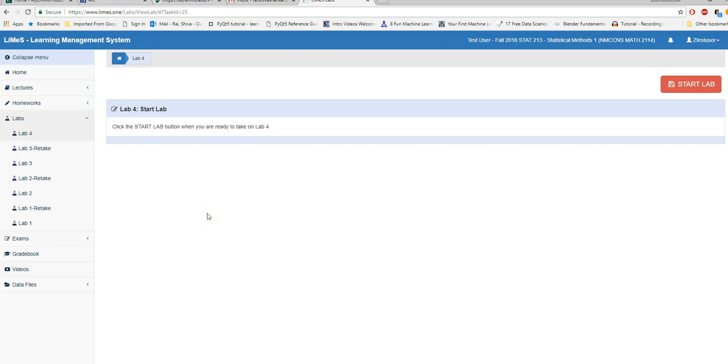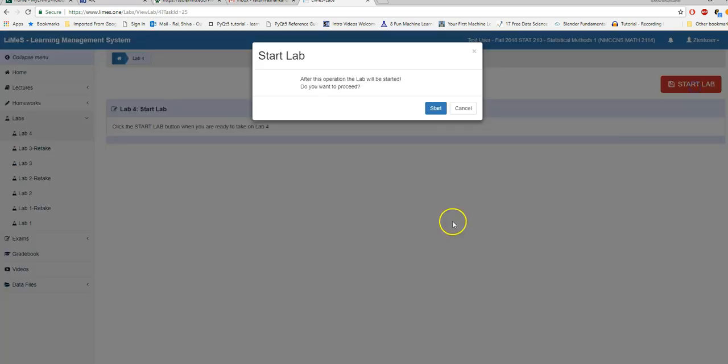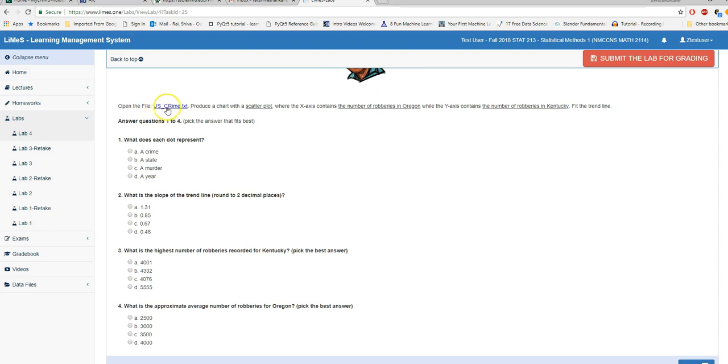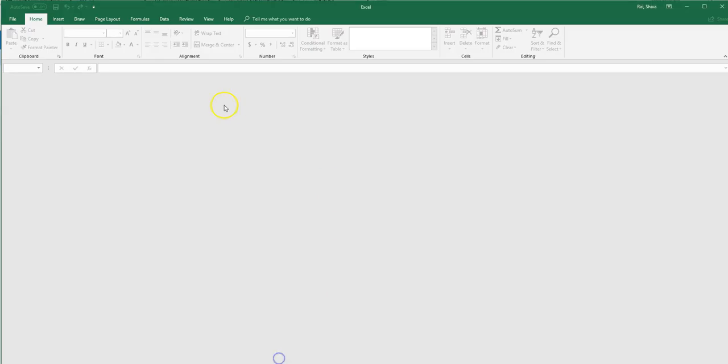Let's start working on lab 4. Open the file uscrime.txt, produce a chart with a scatter plot where the x-axis contains the number of robberies in Oregon and the y-axis contains the number of robberies in Kentucky. Fit the trend line. So I have already downloaded the uscrime.txt, so there's no need to download again, but